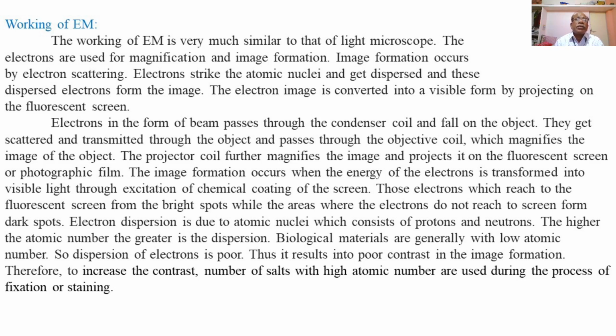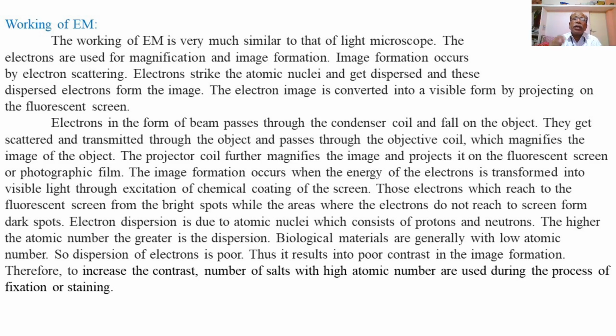So these two components are meant for the source of electrons, and the beam of electrons passes through the condenser coils and falls onto the object, and they get scattered and transmitted through